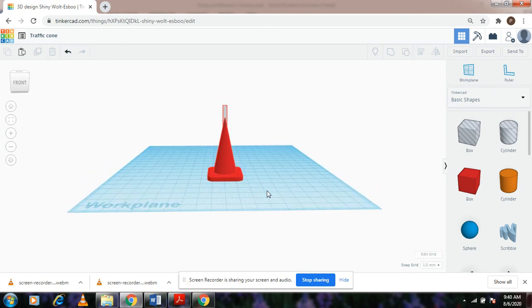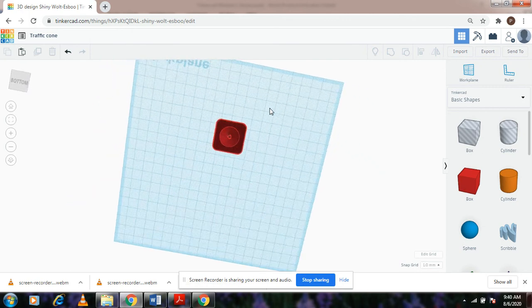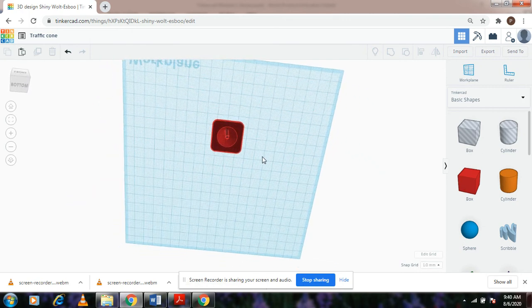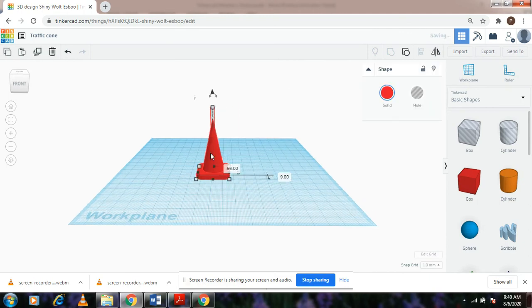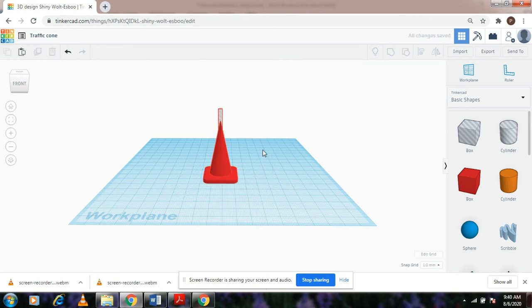And with this, we will have a hollow cone that is print ready, that is hollow from the inside, is mounted on a square rounded off base, has a cone on top of it, and a small opening at the top of the cone as well.